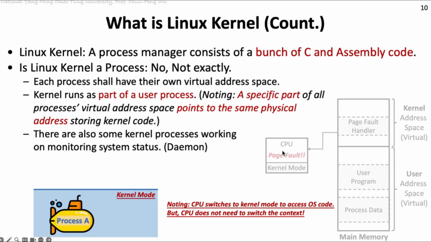The register records where the page fault handler address is. If there is a page fault, the program counter will be switched from here to here. Then the CPU starts executing from there, again in a sequential way, through the whole page fault handler. This is the way the CPU runs the operating system. If there is an event, the CPU can switch to another place. If there is no event, the CPU just sticks to the original user process. Okay, so let's